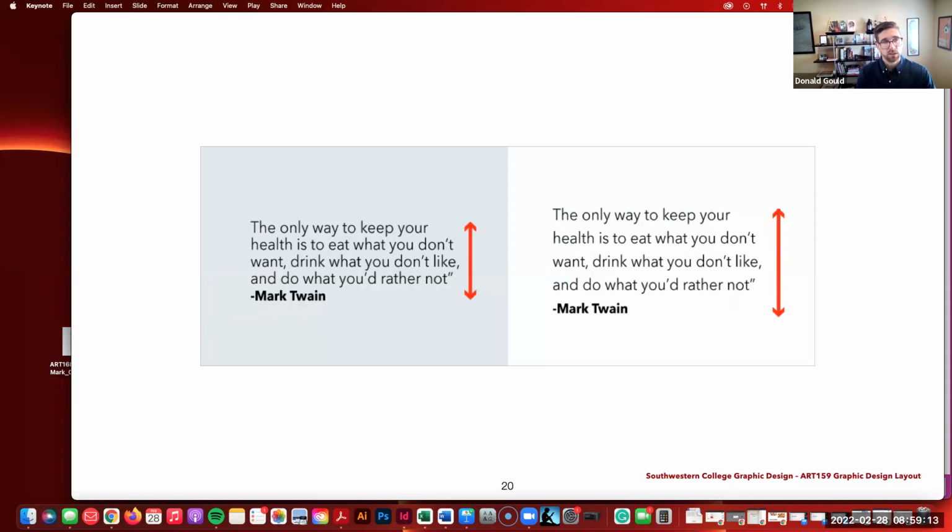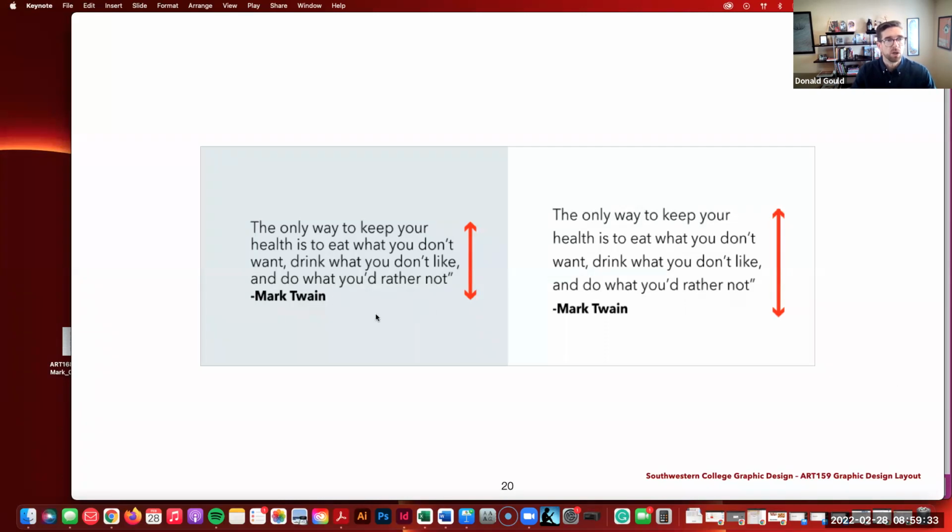Sometimes you need to keep that leading really tight because you have a lot of content that you're going to need to fill into that space. So the tighter you keep that leading, the more you're going to be able to fit inside there. So the leading is really the spacing between the individual lines of text. And we can see how that affects the overall density of the area of text on the page as well,